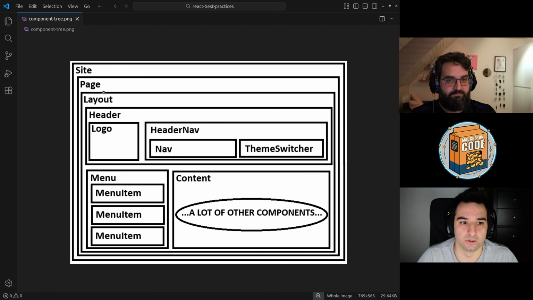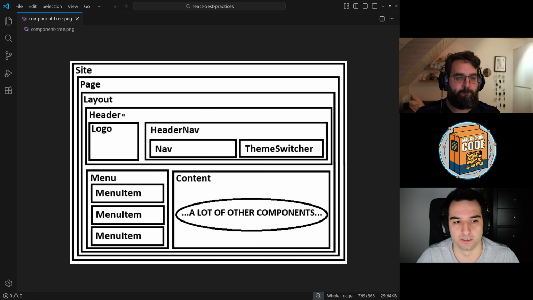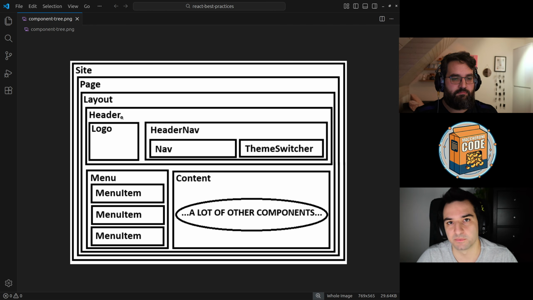As you know, when you are inside a page, for example, or in a header component, if you start rendering that component, all the children underneath that component are rendered too. But you can avoid that with some optimization.